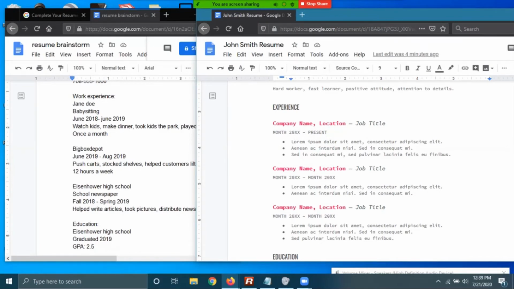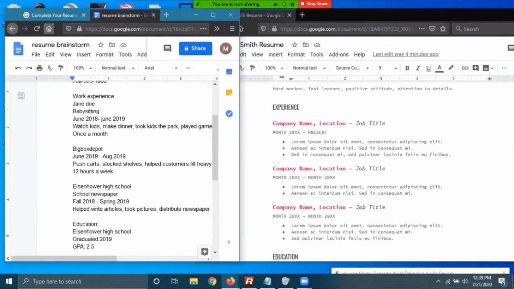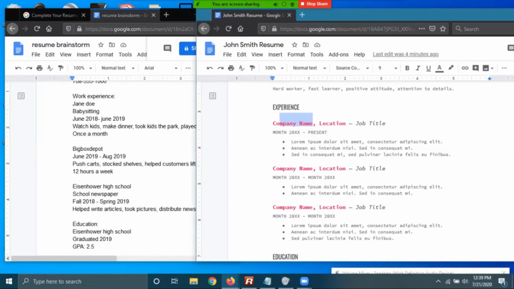Now, typically the ones that I see, the most recent experience goes at the top. Not sure how they did theirs. I didn't pay close attention, but let's say this is our current job that we have right now. I just called it Big Box Depot. That's in Blue Island. And I was, let's just say, a stock